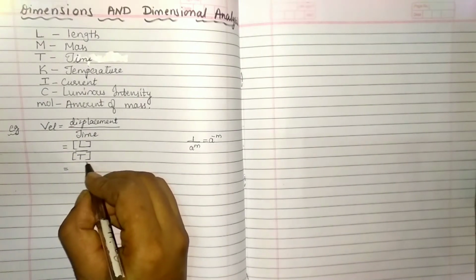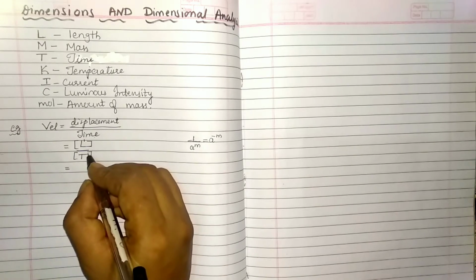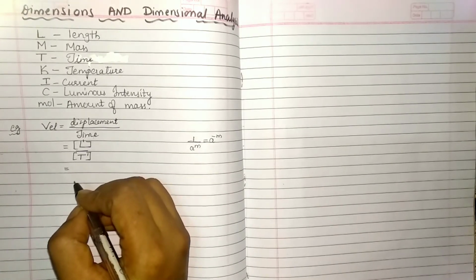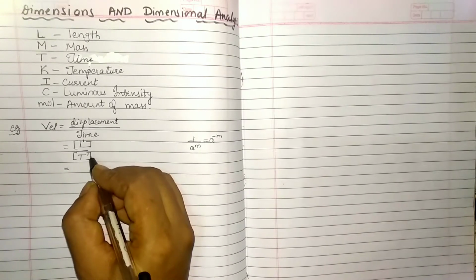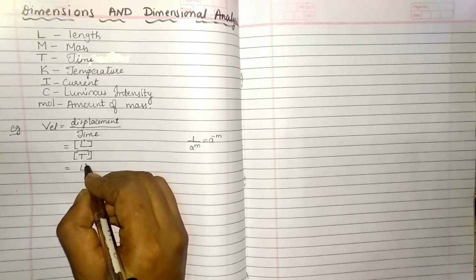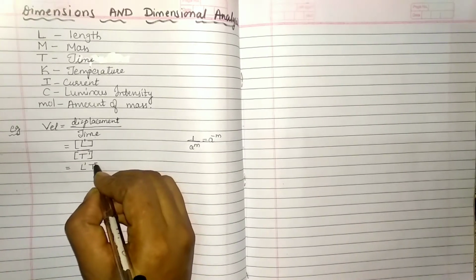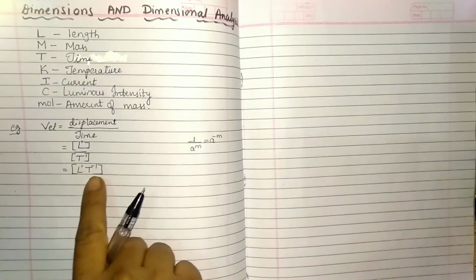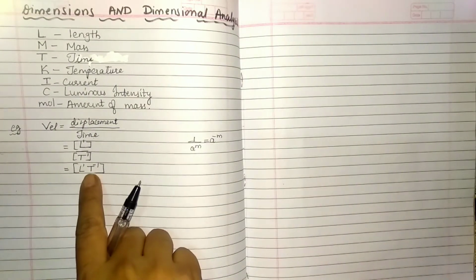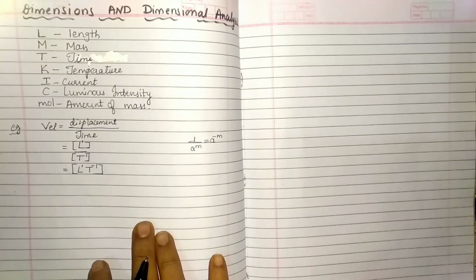So if I take T, it has power 1 over here. This also has a power 1. Nothing is there, means you have already studied in indices, it is a power 1. So can I write, combining these, L to the power 1? If you want to write 1, otherwise leave. But for T, when it comes up, it is minus 1. So this is known as the dimensional formula for velocity.